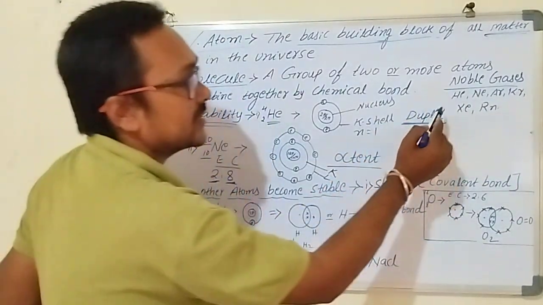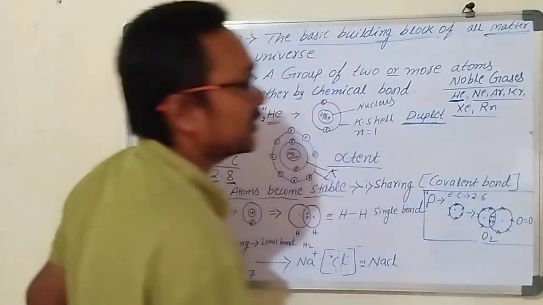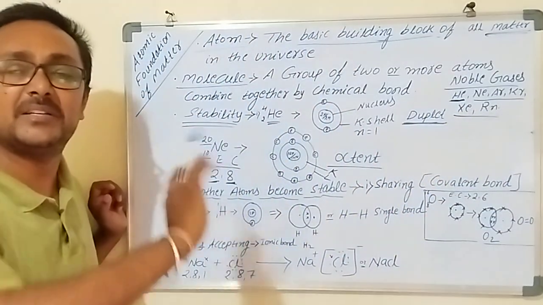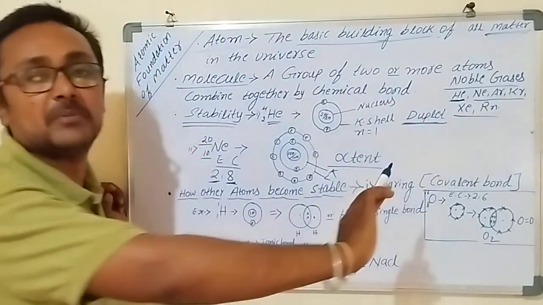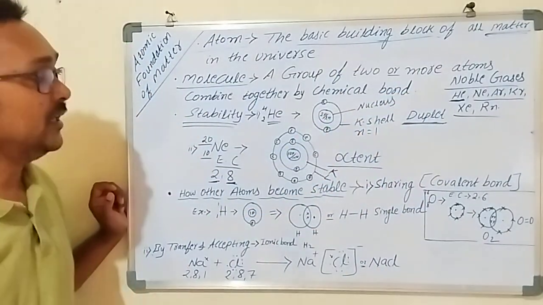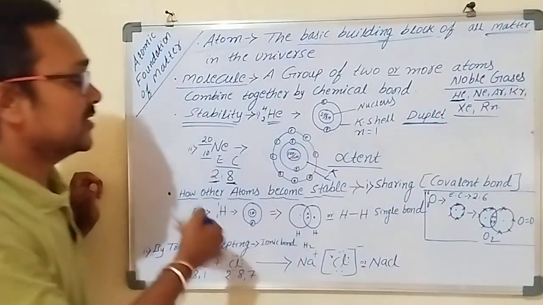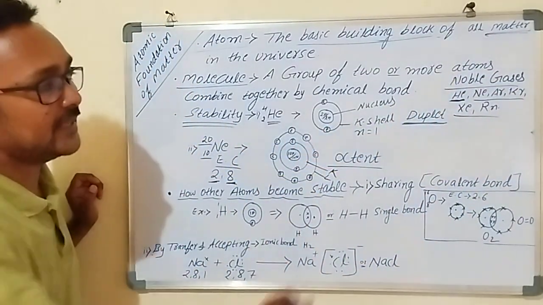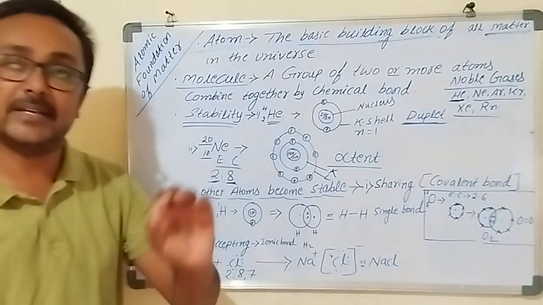So these, except helium, where duplet formation is there, all the remaining are having the octet formation. Means they are stable, they do not need to form a molecule. They exist only in the atomic form, means single atoms are there. Then the remaining all are forming the octet formation, like neon, which I already showed here. Like that, argon, krypton, xenon also have 8 electrons in the outermost shell, they are